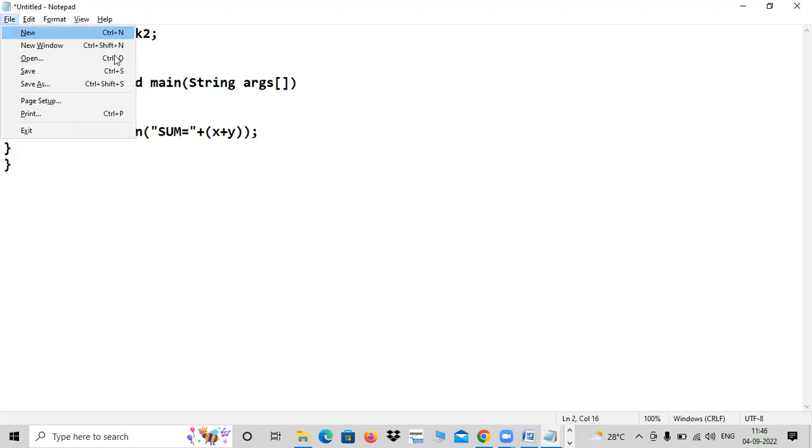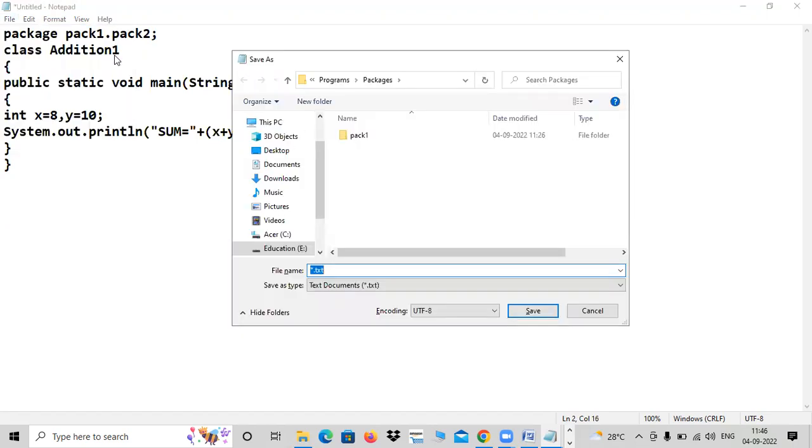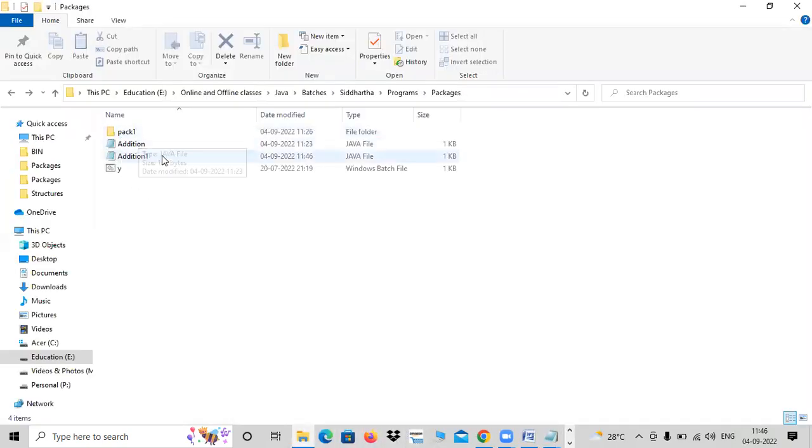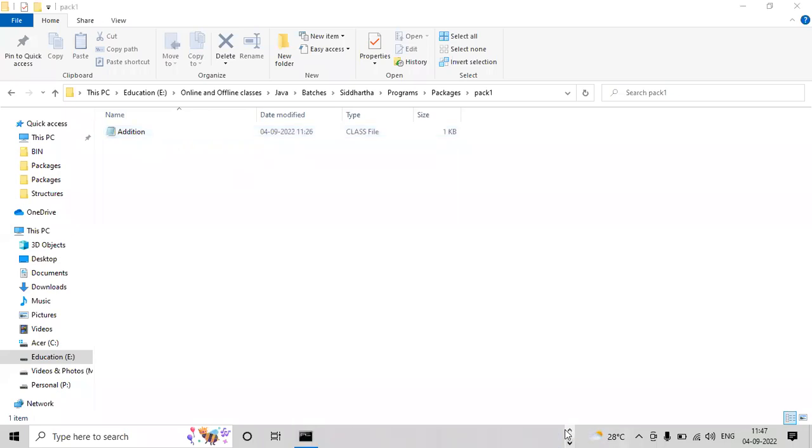Same result, you'll get it. But I'll show you that also. See, till now there is no pack2 here. I opened pack1. Any pack2? No pack2. But see what is going to happen right now.